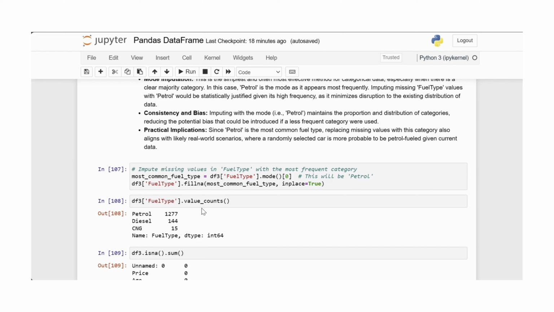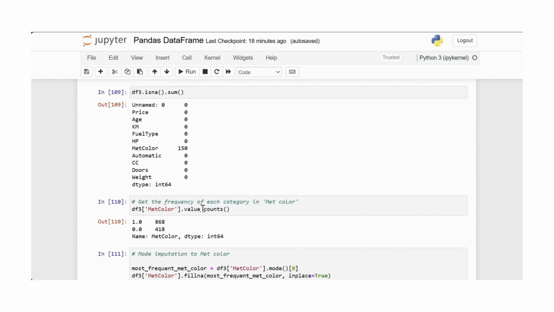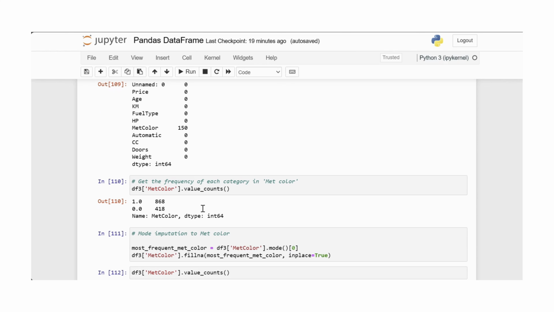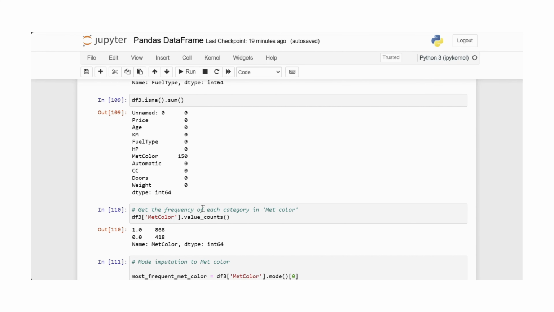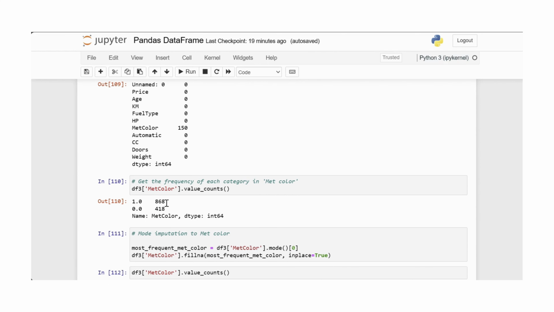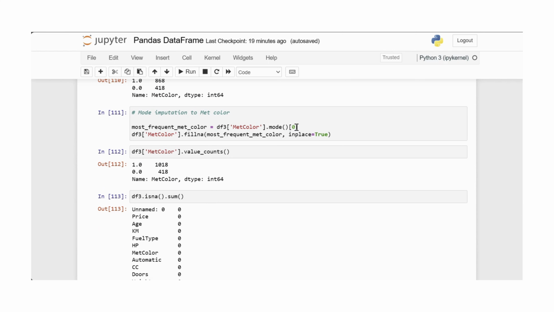Next, we are going to apply the same method to the metColor categorical variable. From the frequency of each category in metColor, we see that the value 1.0, which means the car has metColor, is reasonably high, so we will use mode imputation in this case also. And after doing so, we can see that the frequency of 1.0 in the metColor variable has increased. This approach effectively handles missing data for categorical variables by ensuring that the imputation does not significantly alter the distribution